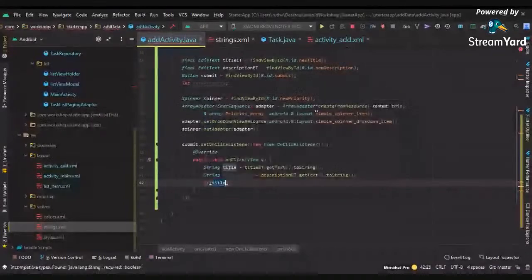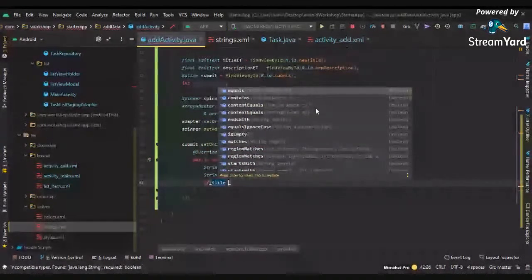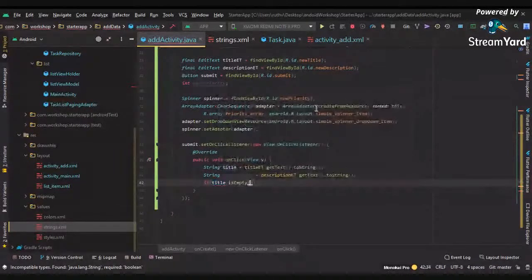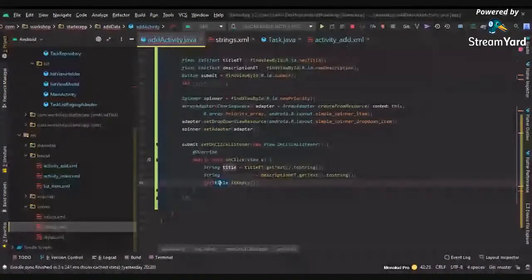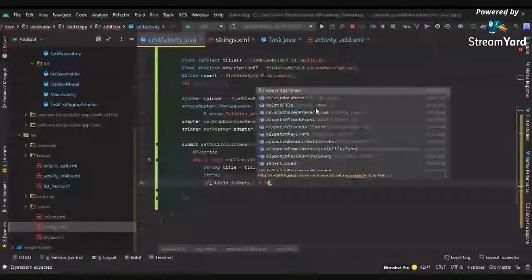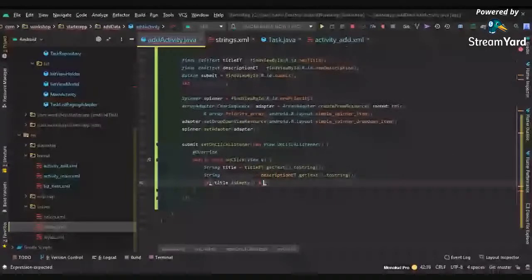For example, if the user hasn't entered any value and is clicking on submit, we should not insert that to the database. An empty value shouldn't be inserted to the database. So we'll add a check here: if title.isEmpty, and we'll just add a not here. So if the title is not empty, and if the description string is not empty,